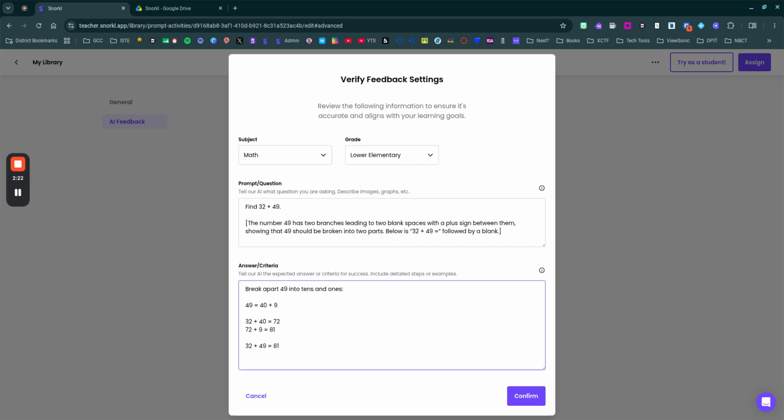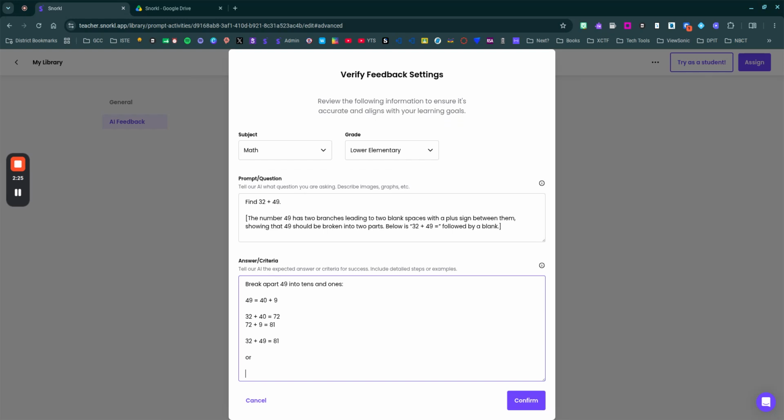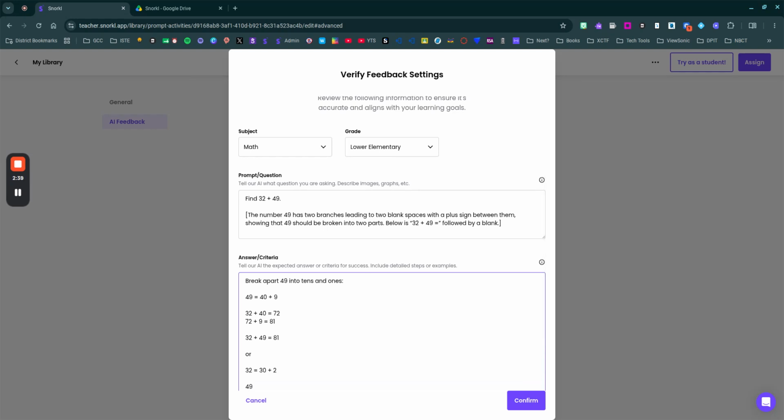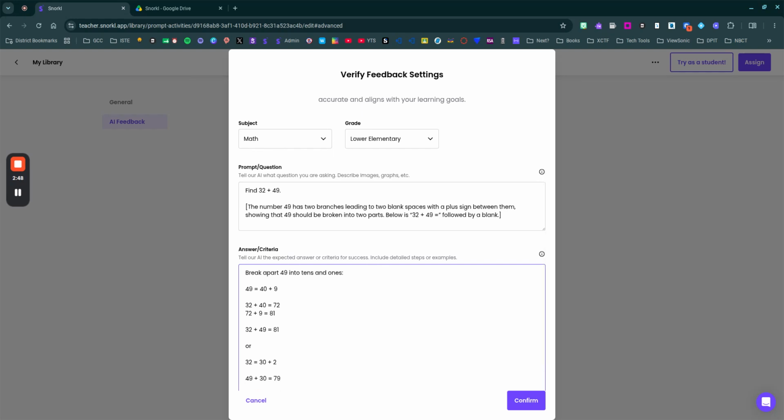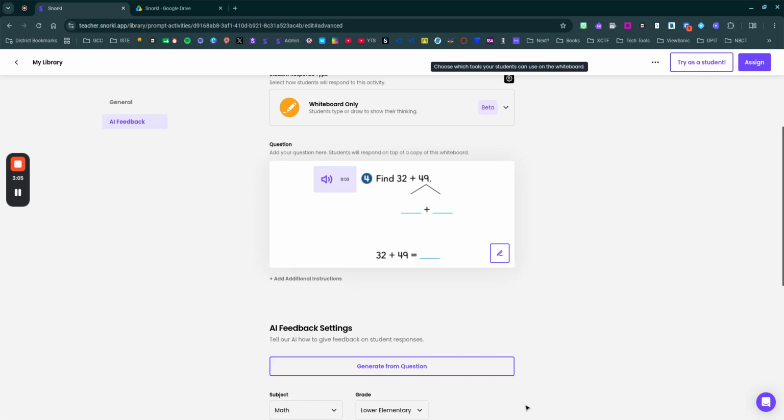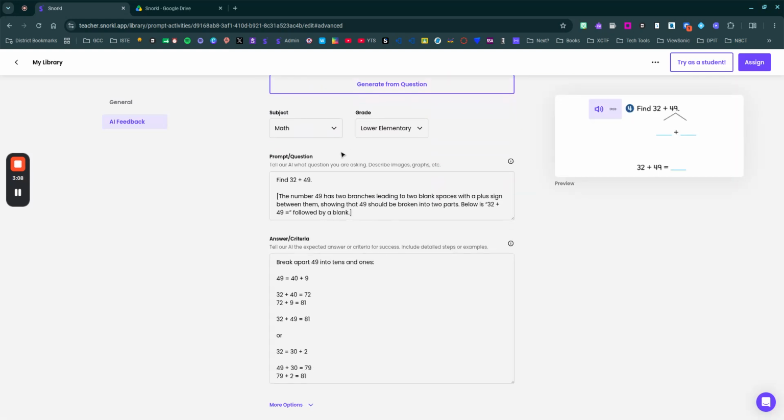I might go, or, 32 equals 30 plus 2, 49 plus 30 equals 79, and 79 plus 2 equals 81. So I can add additional solutions here. Click confirm. When I'm done, again, I get another chance here if I want to read it one more time